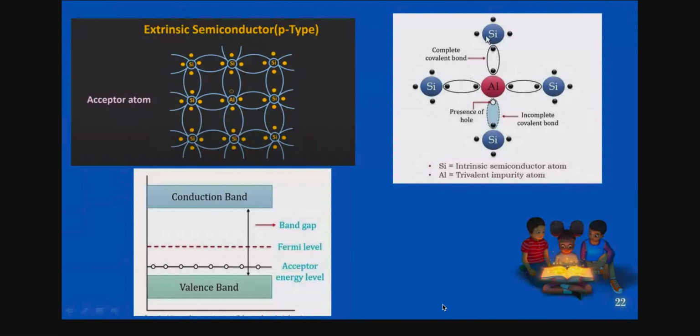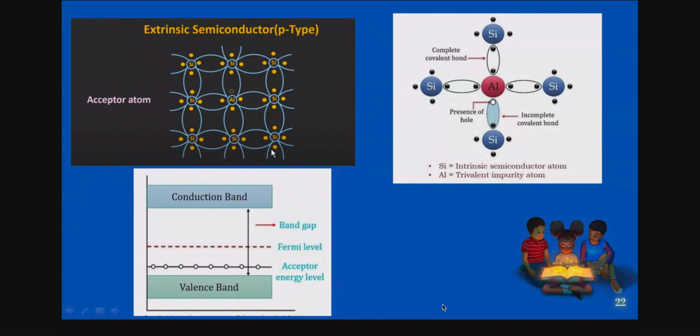So this whole chain process happens within the material itself, isn't it? That's why we can say the majority carriers here are such that the number of electrons is not equal to the number of holes. That means there will always be more holes as compared to the electrons. So we can say that it is a p-type semiconductor, made by doping trivalent impurity atoms into either silicon or germanium.